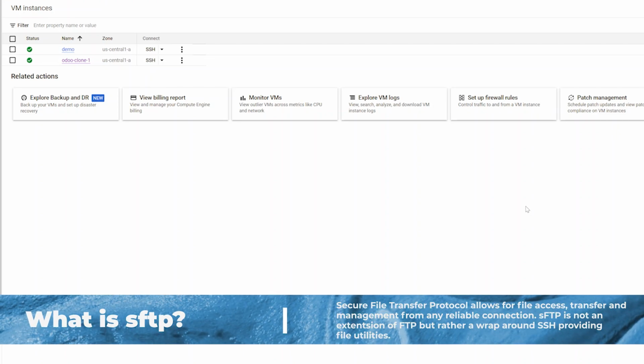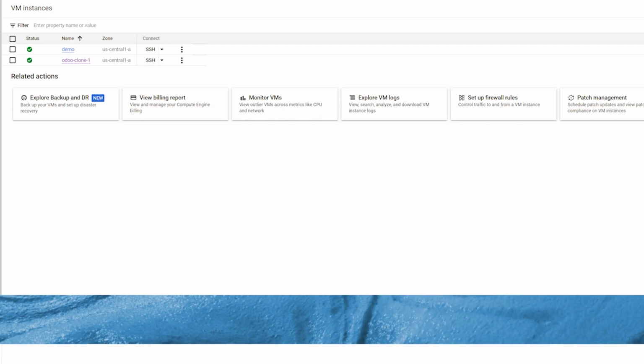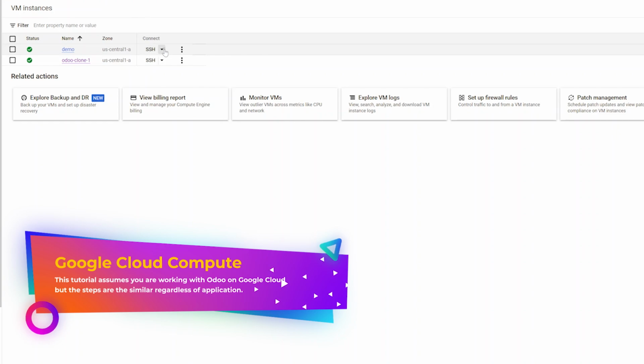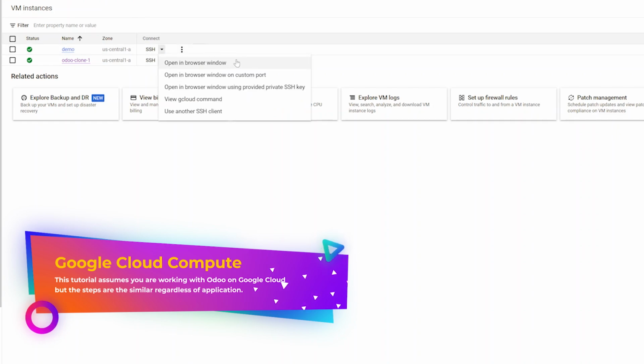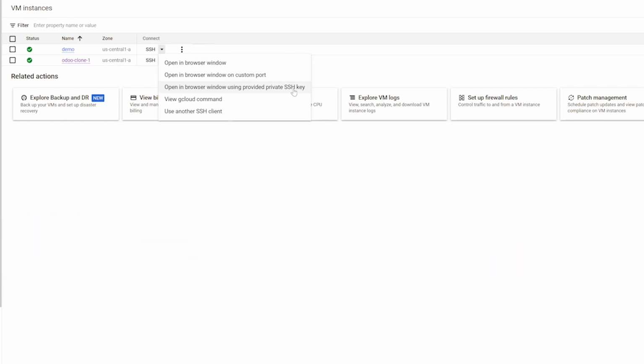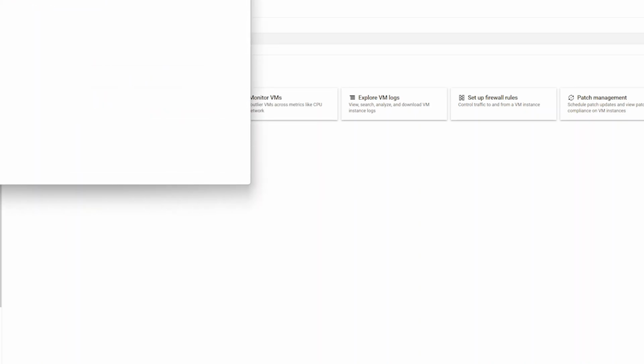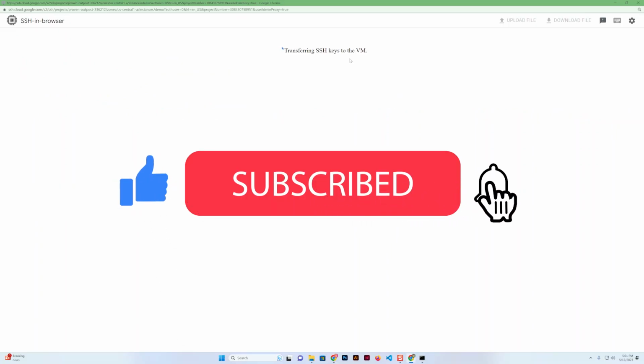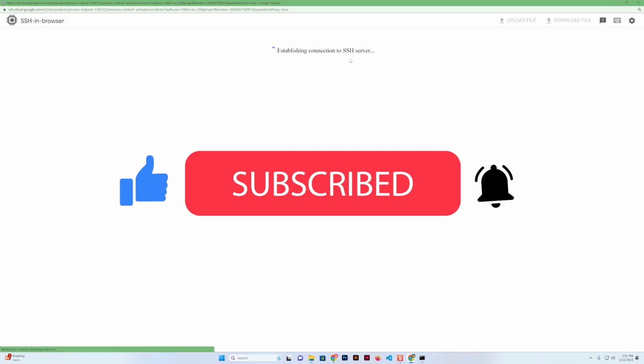So let's get started. Once you're in your Google Cloud instance and you're in the Compute Engine, you'll see Connect via SSH in your shell commands. You can open in a browser window, you can open on a custom port, you can provide your own SSH key, which we'll see in a second that you need to do for SFTP transfer anyway. We're going to open in a browser window, and we won't even click that, we'll just click SSH. After it takes a few seconds to transfer the keys and secure the login, we'll see the SSH terminal,